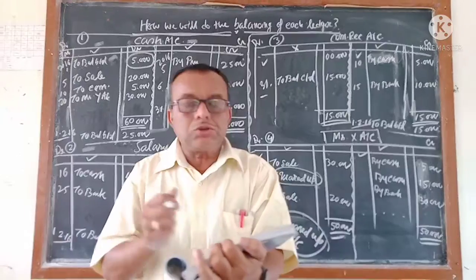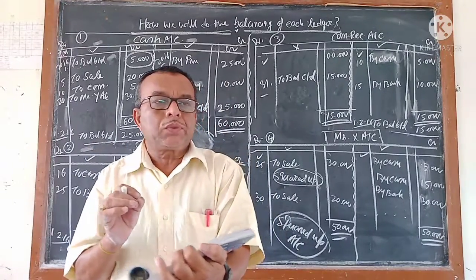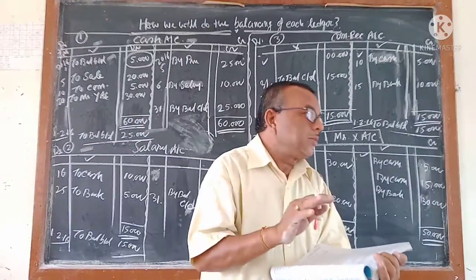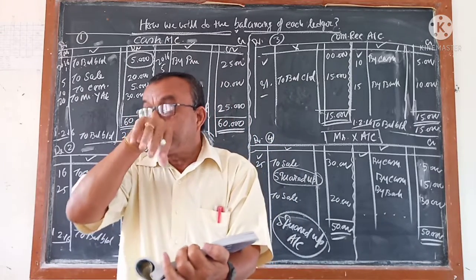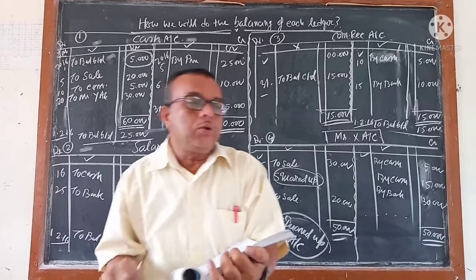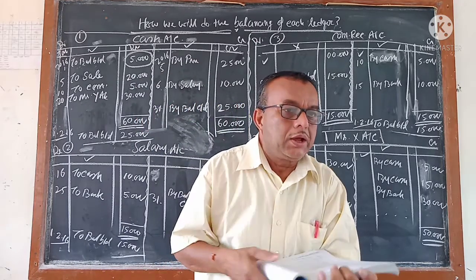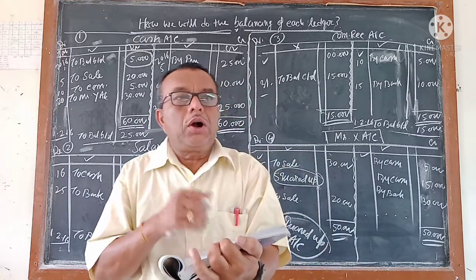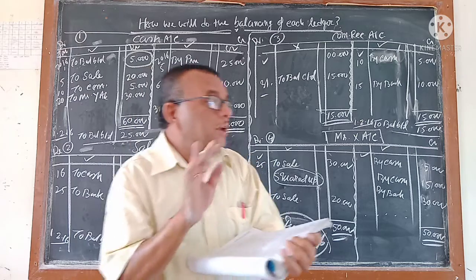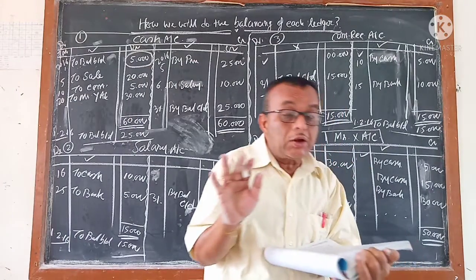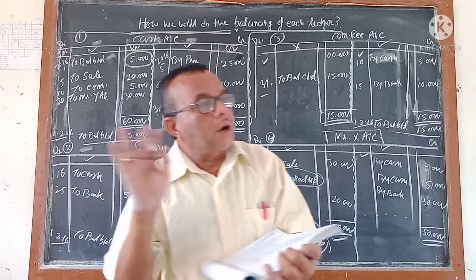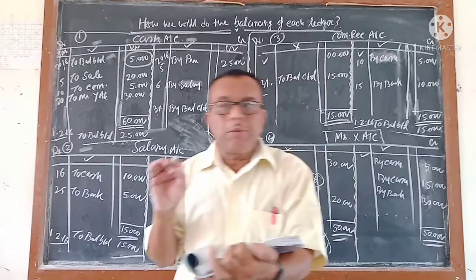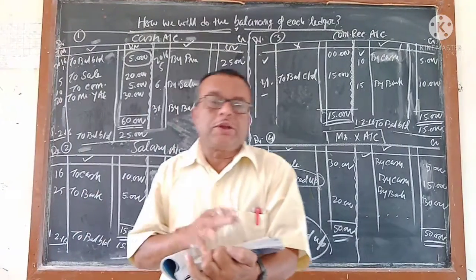For some of the accounts, without doing the balancing, you can say whether a debit balance comes or a credit balance comes, but not all. I told some. Which accounts you will be able to say whether it will come debit balance or credit balance? Which side the balance will come I can say, the amount I cannot say. If it is an expense account, the name of an expense, then it always comes debit balance. If it is the name of an income, it always comes credit balance.